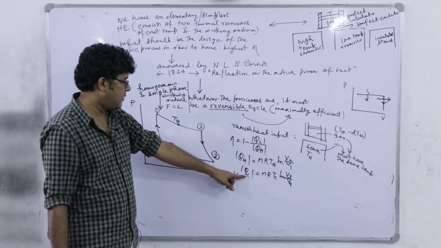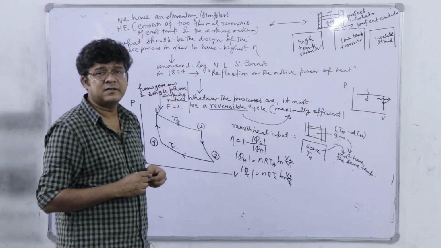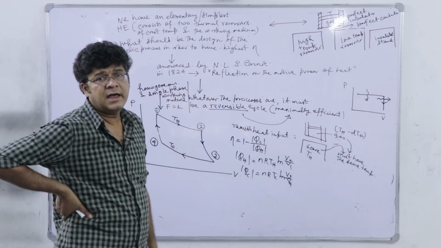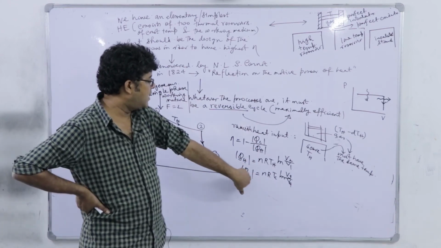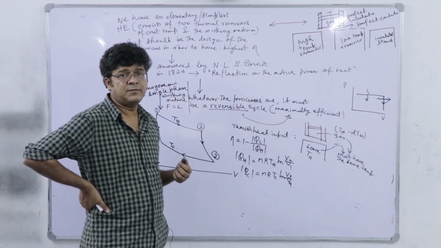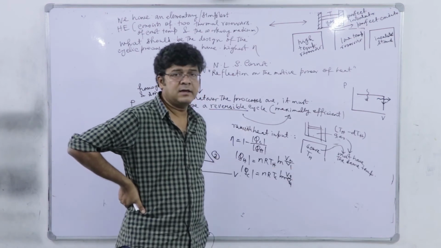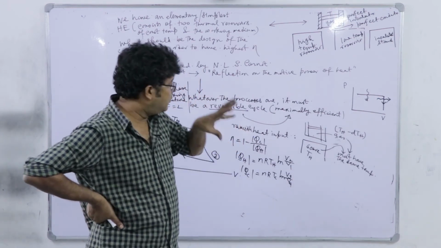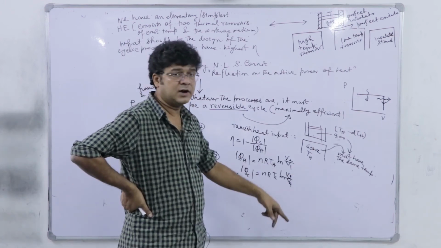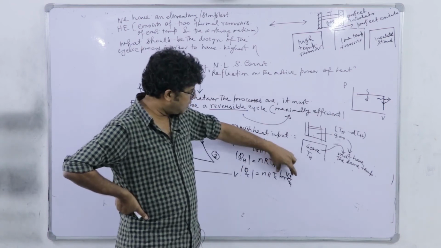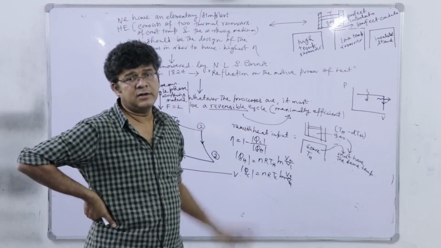Because you see, V4 is the final state, V3 is the initial state. So truly we should write this work as V4 by V3. However, here we are writing it as V3 by V4. The reason is that Qc will have a negative sign for this process. As we are putting a mod, we should check whether the logarithmic term is also positive or not, because here we are not putting any mod sign. So definitely it should be the higher divided by the lower, and the logarithm of that.